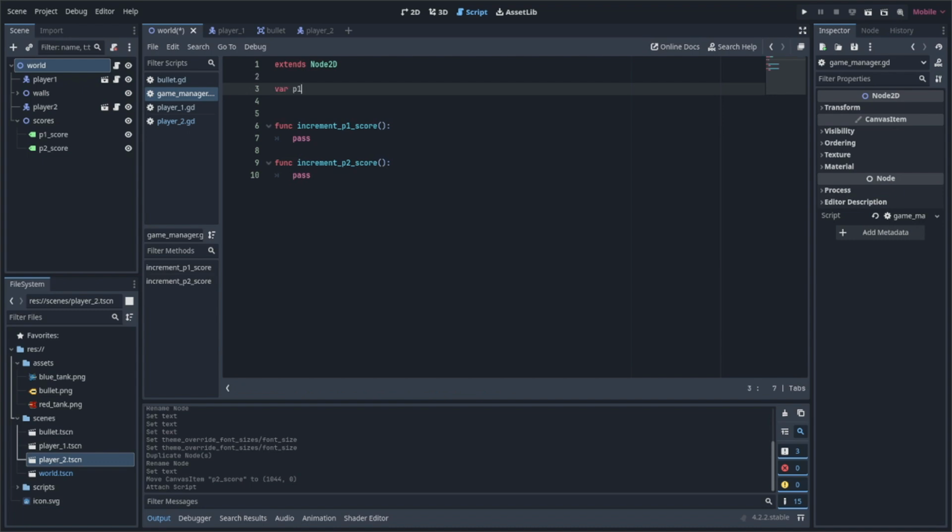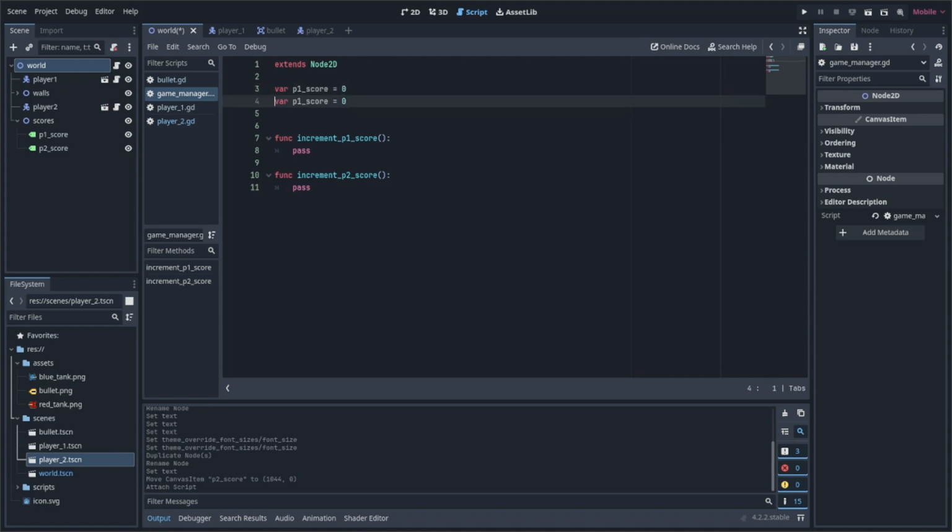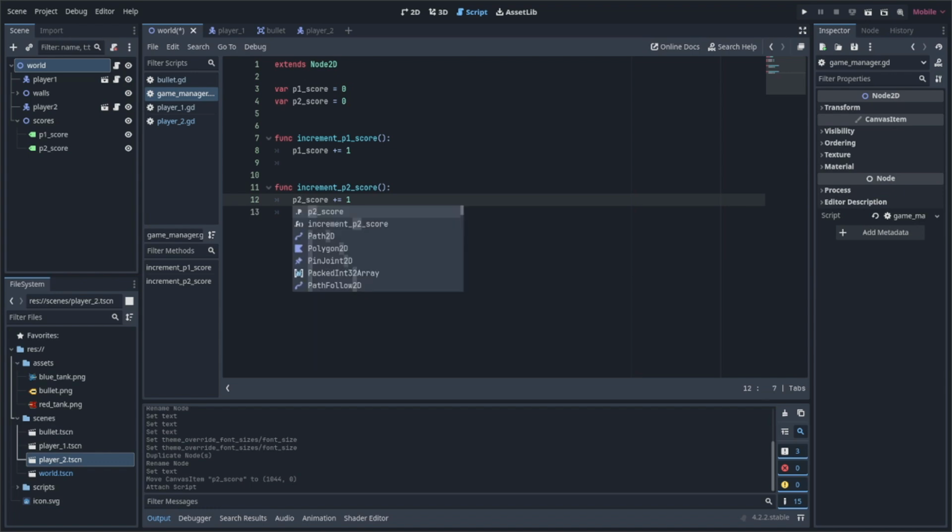So var player 1 score, which is going to be 0 to start with. I'm going to paste this and do player 2 score, and it's also going to start at 0. To increment player 1 score, I'm just going to do player 1 score plus equals 1, and Control C to copy and paste it here, and then change this to player 2 score. And we also want this to